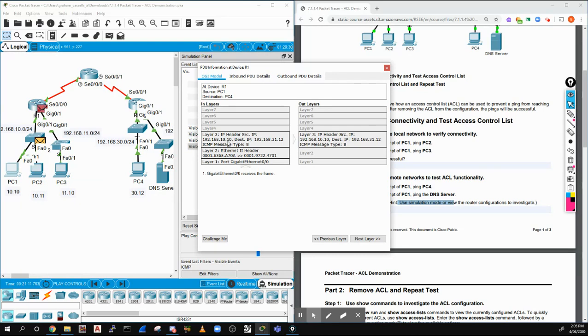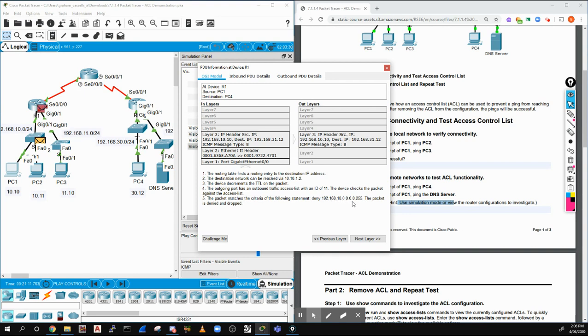We've got our source to our destination with our MAC addresses. Let's follow this through as our inbound and outbound. So it's got the MAC addresses, it's got the IPs, and then we've got some more information here. It's saying the outgoing port has an outbound interface access list ID of 11. The device checks the packet against the access list. The packet matches the criteria of the following statement: deny